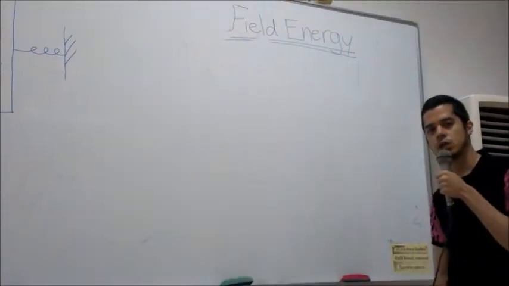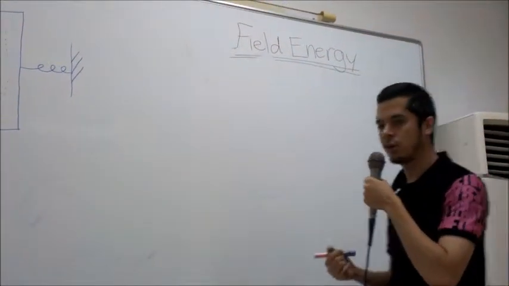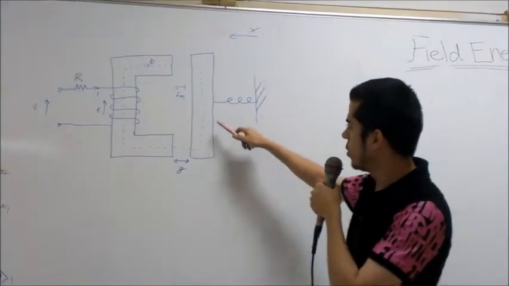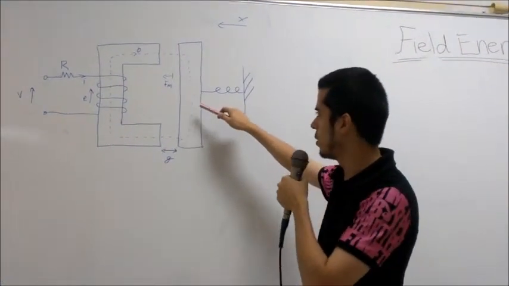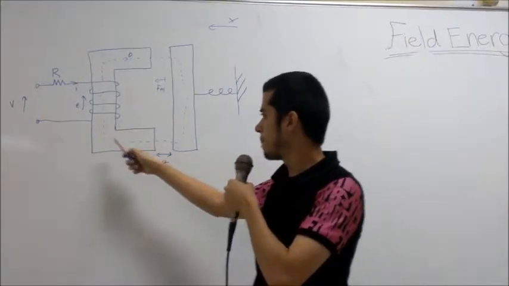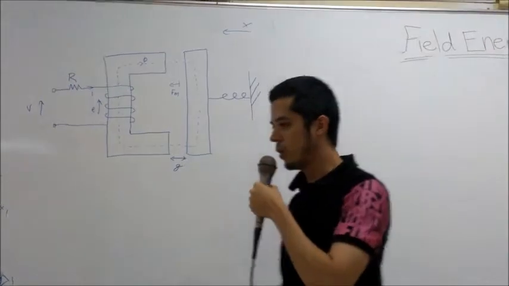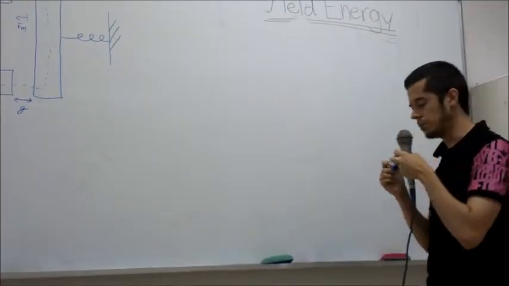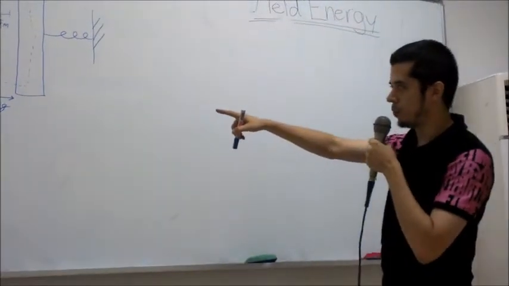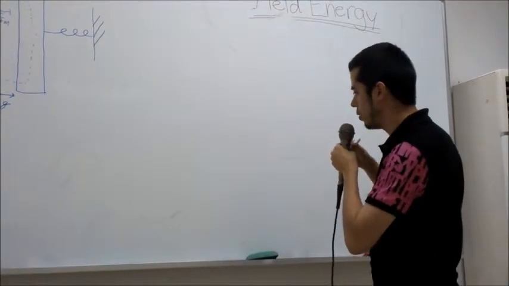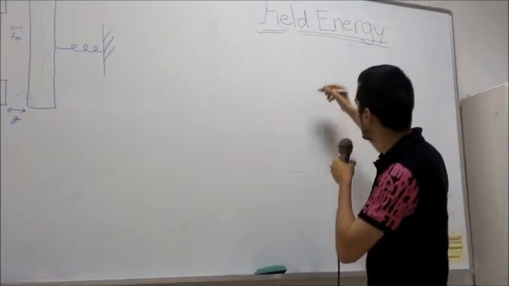Look at the field energy in a given electrical mechanical system, where this is a movable object attached to a spring, and this is an immovable object attached to a coil. We can derive the expression for the field energy. Now, in this system, when it's stationary and in equilibrium, the mechanical energy is